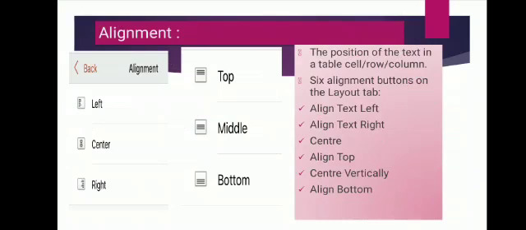So for this you have to select the cell, rows and columns if you want to change the alignment. You have to select the row or column whose alignment you want to change. Now click on the center vertically button in the alignment group on the layout tab. Suppose you had written from the left side as usual. Now if you want to change that whole pattern to center, select the cell, click on the alignment group and select the center option. Likewise, you can select any alignment from the given choices.